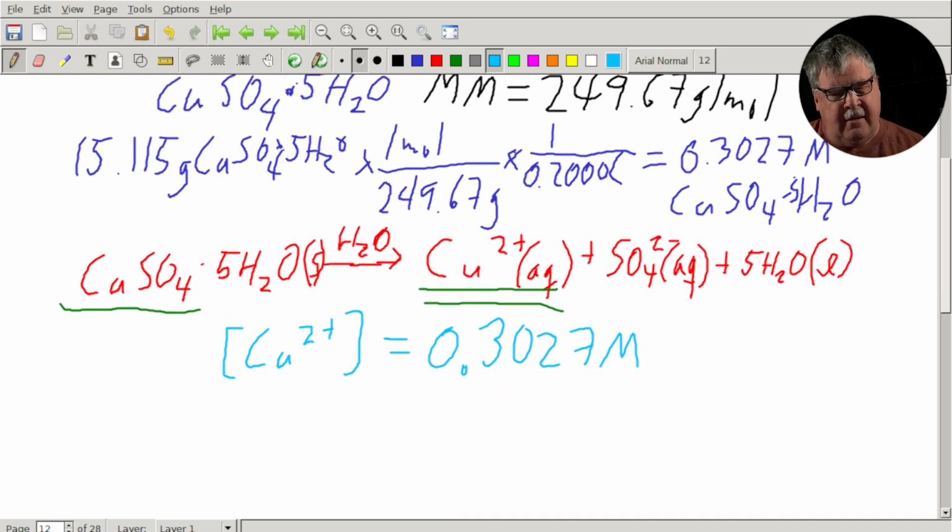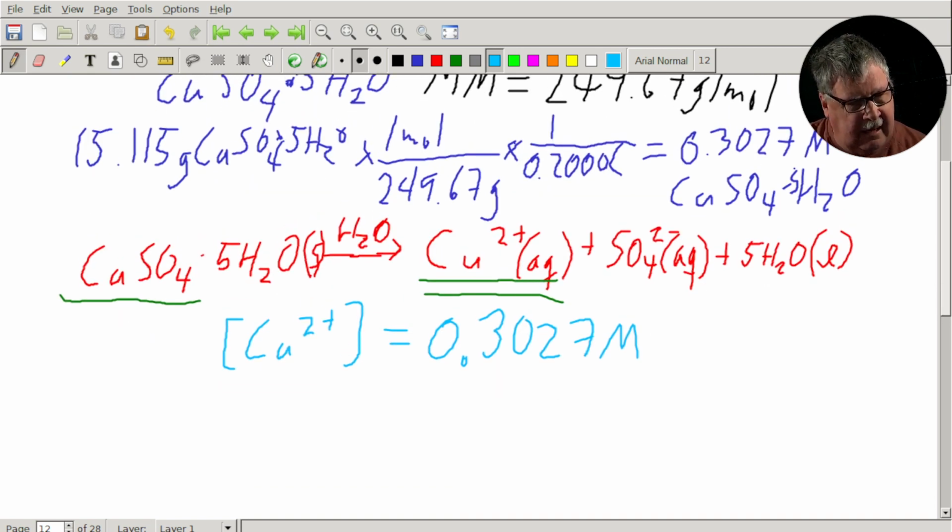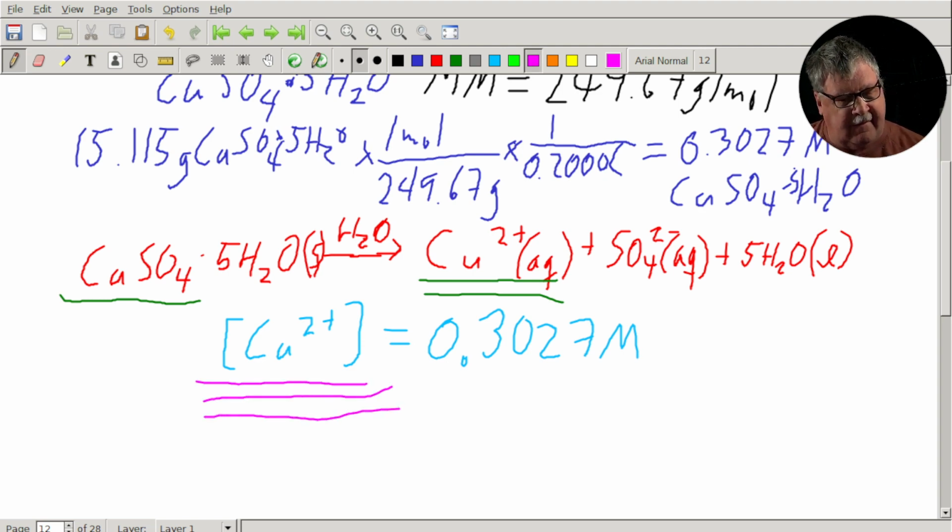All right, that's one thing. Another thing I want you to think about with regard to this is this notation, because we're going to see this an awful lot later in the semester, starting with the next chapter. If I put an ion or a compound in these square brackets like this, the implication is that I'm looking at the concentration of that ion or compound in moles per liter.